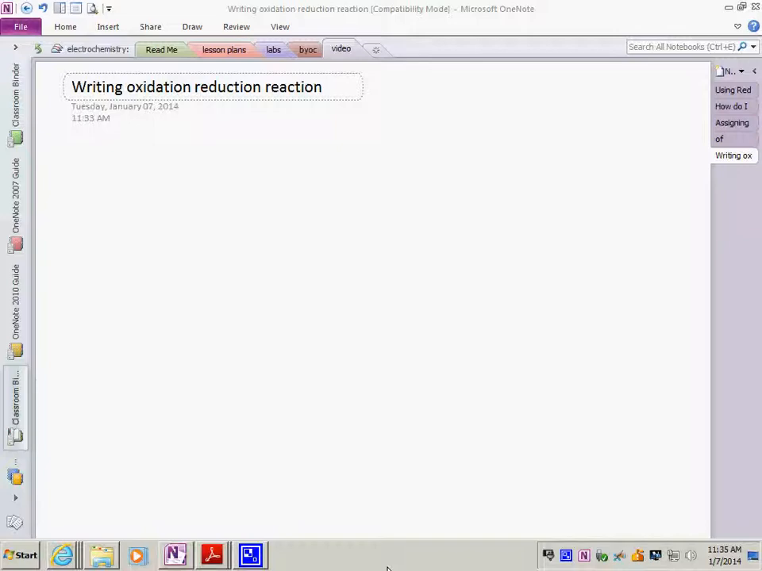This is a video highlighting how to balance and write out oxidation reduction reactions. A couple of topics that we'll look at in more detail would be how to write out a redox reaction. This is going to include both molecular,